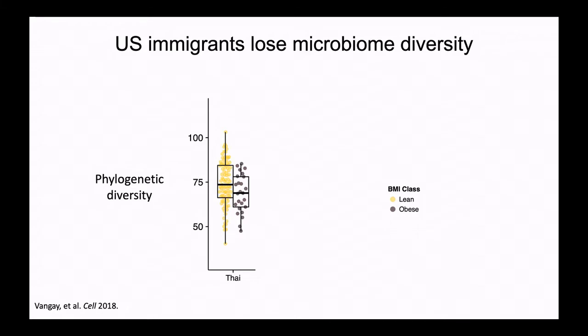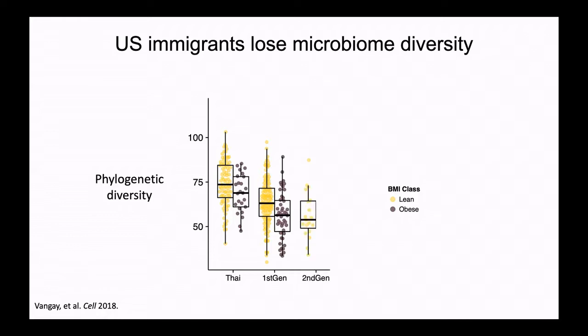So even in the Thai group, there's a marked drop in microbiome diversity in people who have obesity. This is first generation lean, first generation obese. So coming to the USA, just moving to the USA in your lifetime is enough, if you're coming from one of these ethnic groups, it's enough to have a significant drop that's larger than the drop associated with obesity. And then if you come to the US and become obese, then you have yet again another loss of microbiome diversity.